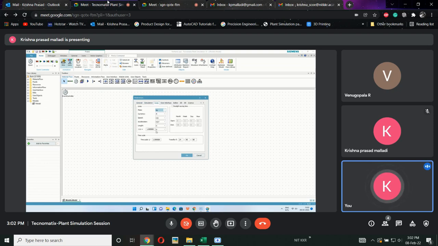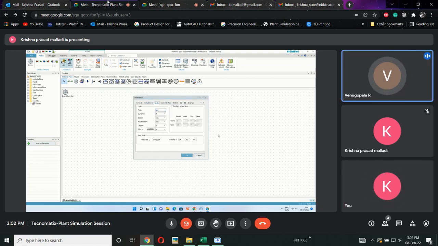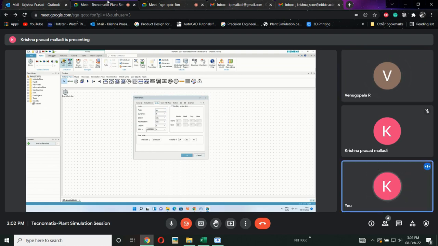Just like that, there are also simulation units. See, this is what exactly the unit is. Here it is representing 1 LU is 1 meter, which means one length unit is 1 meter from point to point. It was defined that way. If at all you want, you can change it to something like centimeter. If you want to give it as a centimeter, then you can change the units here to centimeter.